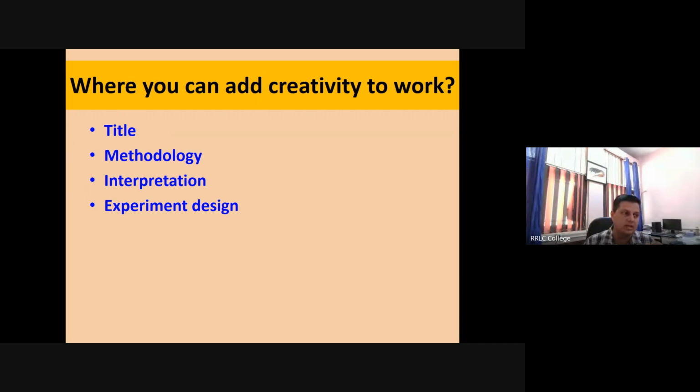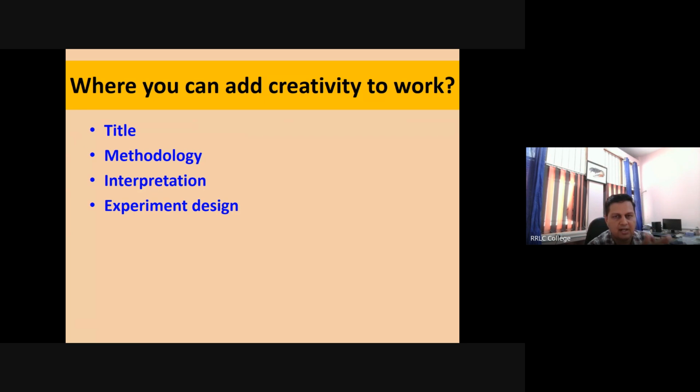Experimental design, you can be very much experimental or creative with your design, right? PhD students are like budding scientists. Scientists have a lot of creativity, right? What is experiment? Experiment is nothing but trying the same thing in different way, right? Different way में हम एक ही चीज को try करते हैं and we set the experiment.